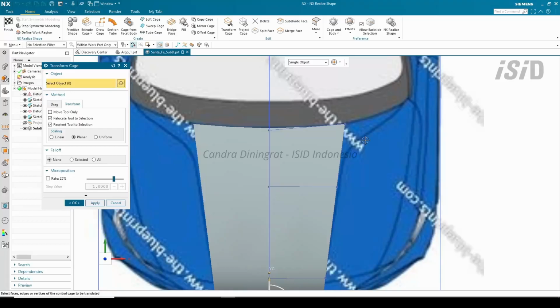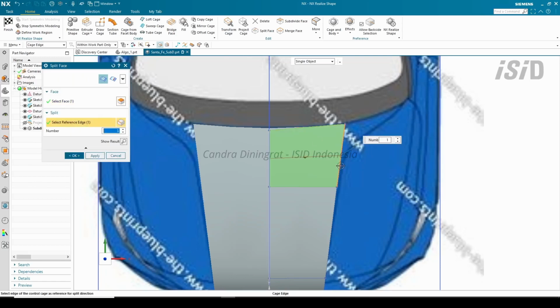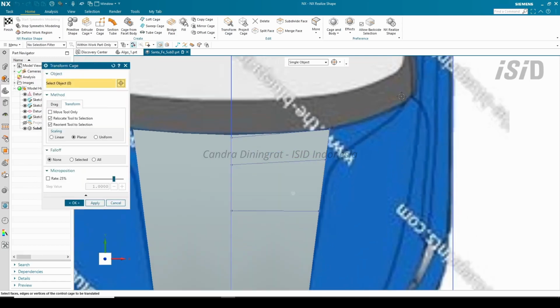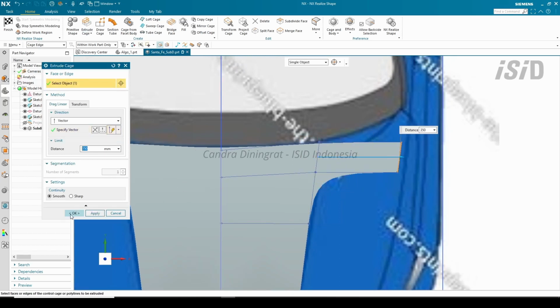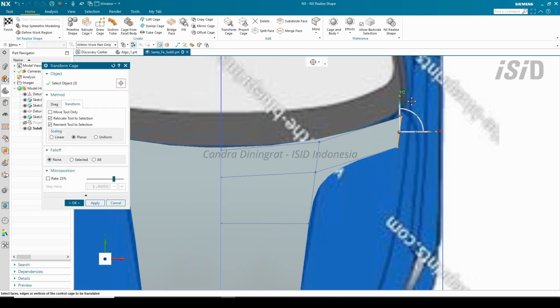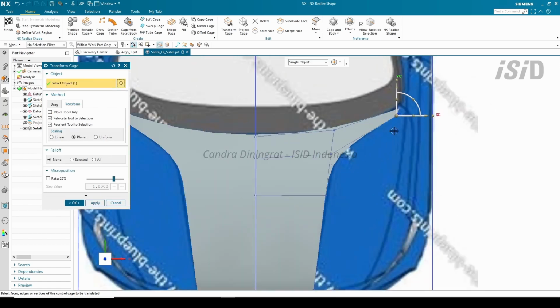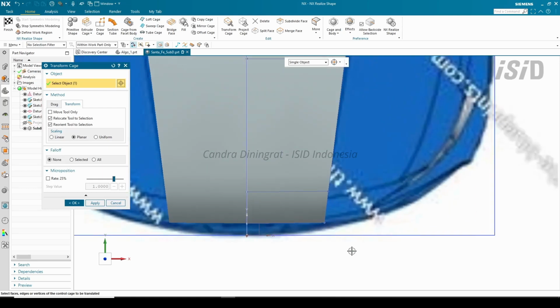To begin with, I will start by creating a surface in the hood area. I missed some footage here, as I forgot to turn on my recording. But you can see this is just a simple surface created using a couple of cage polylines and